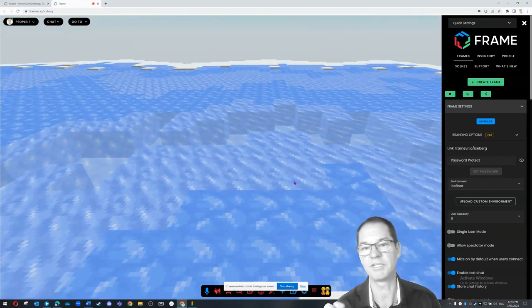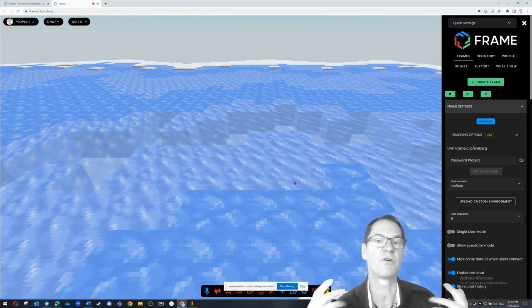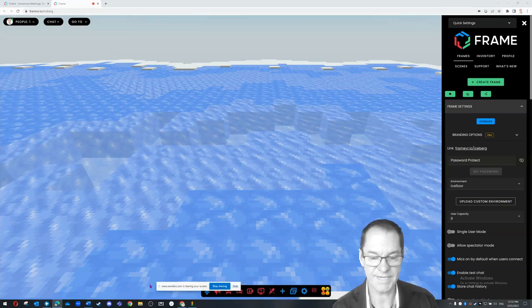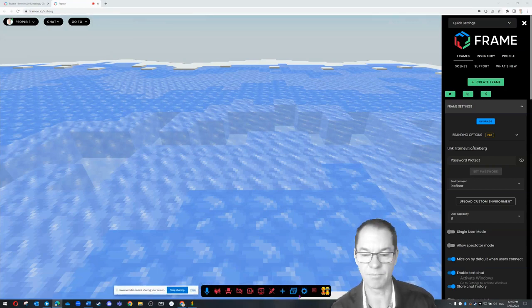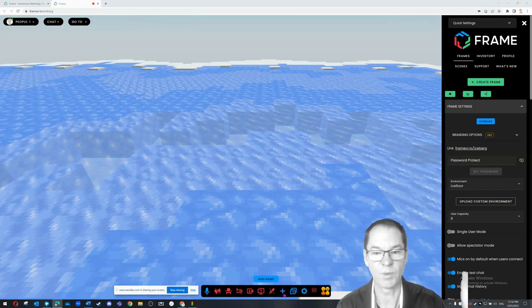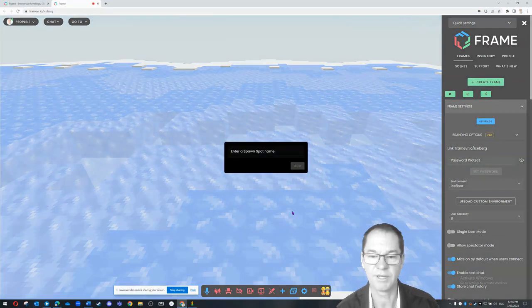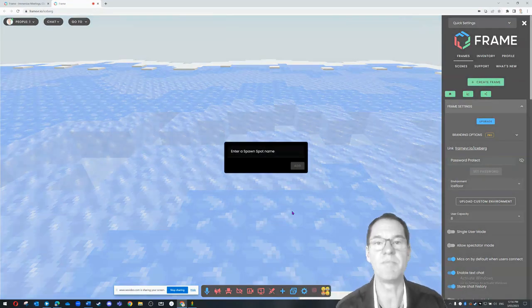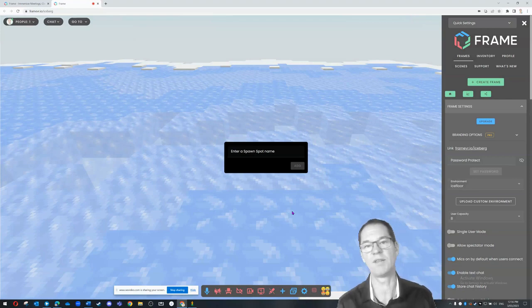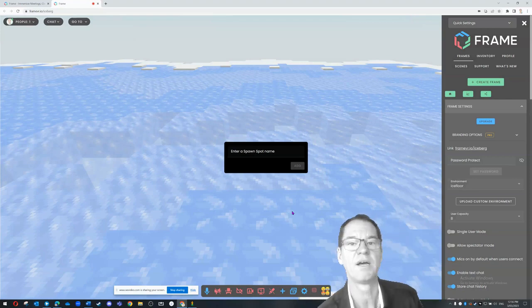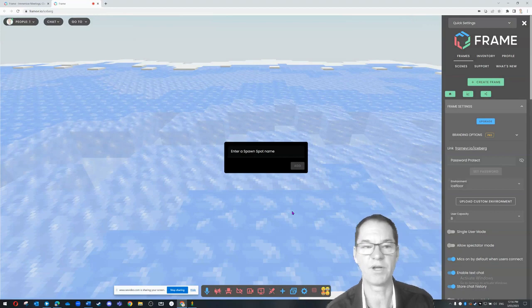That's fine, because I need to add one more thing before it's ready for other people to join me here. And that's something called a spawn point. So down the bottom of your Frame VR window is a control bar. If you click on the plus button, there is something here called a spawn point. This is an absolute must. Before you give anyone the link to join you in your metaverse area, use the spawn point to give them